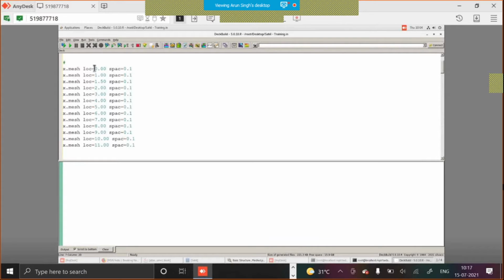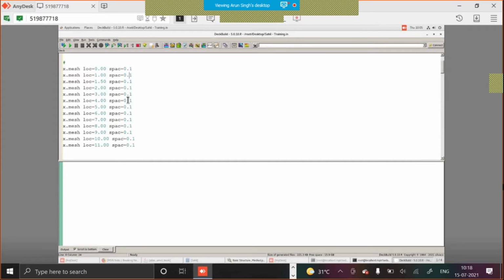So it is similar to that. Between 0 and 1 micron, we have spacings of 0.1 micron. So this is the division. You can increase or decrease the spacing between the mesh lines, making the mesh more fine or less fine.